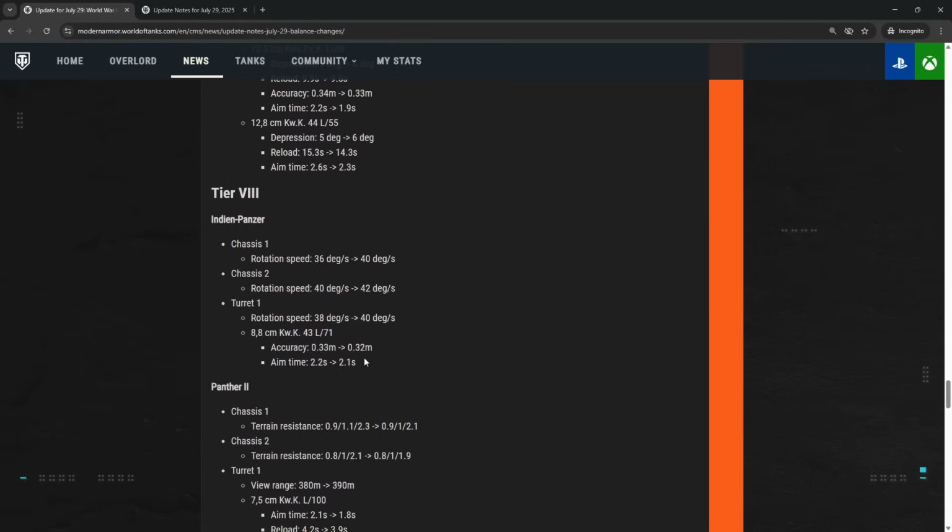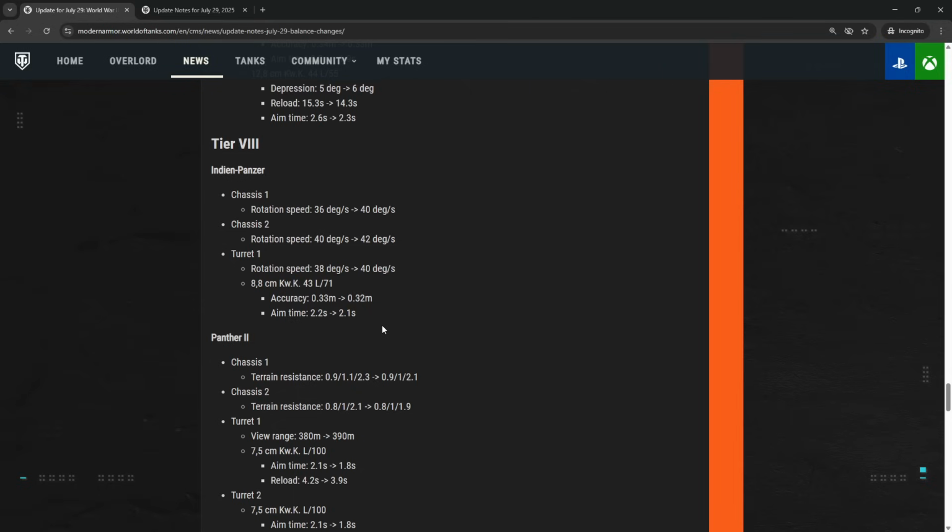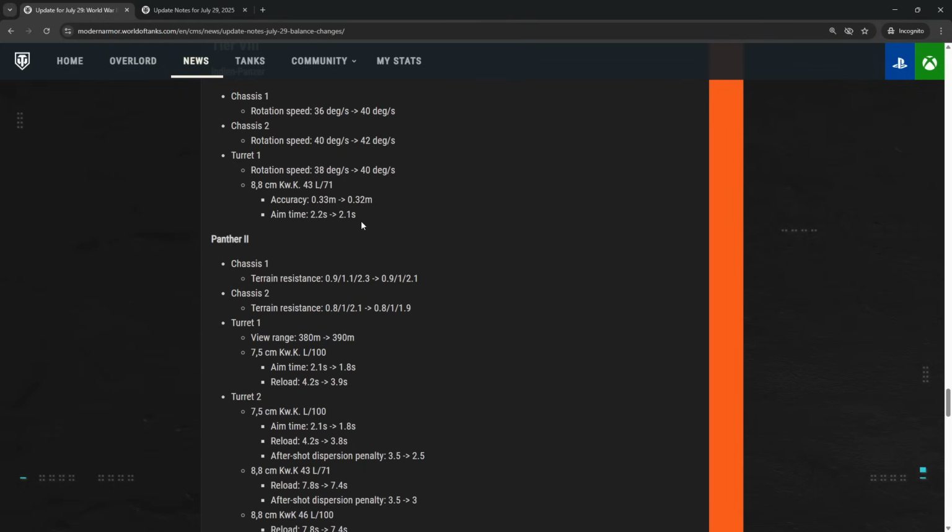Then we have the Indian Panzer. It is already the best tier 8 medium, one of the best, because it has received numerous buffs. But here it is, your standard buff. German tanks or lightly armored tanks always get buffed for some reason. And here's one more: the rotation speed by 2 degrees for turret and chassis, and then the 8.8, 0.33 to 0.32, and 0.1. So slight buff, but it has already been buffed so many times. So yeah,